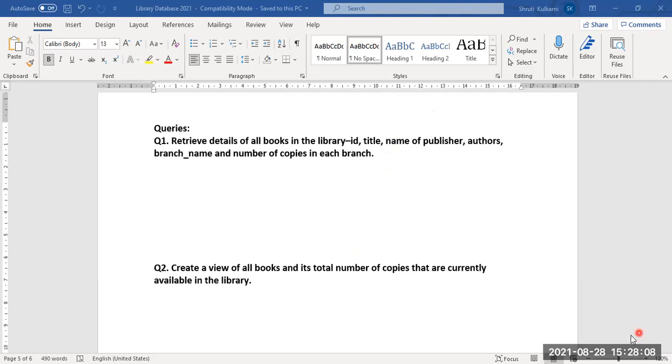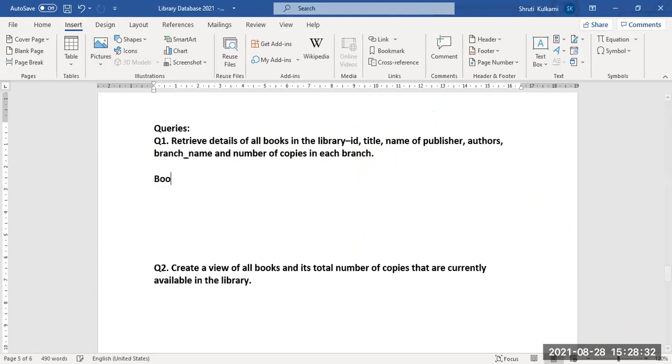It will come from the publisher table. So the ID and title we have: IDs are present in the book table, and the title is present in another table also. Just a minute, I will use the table here for your reference.